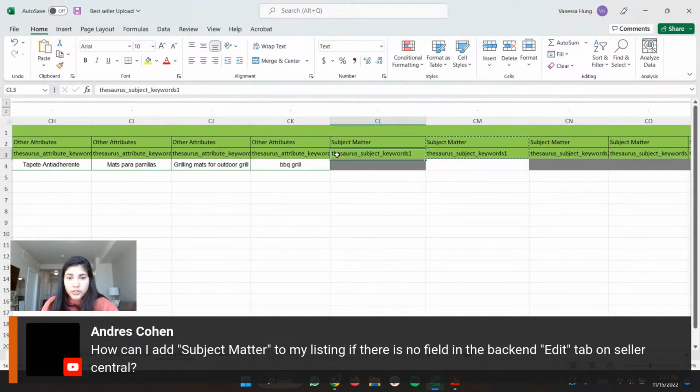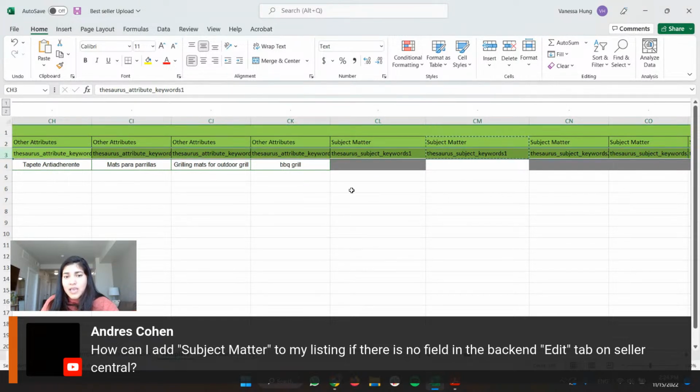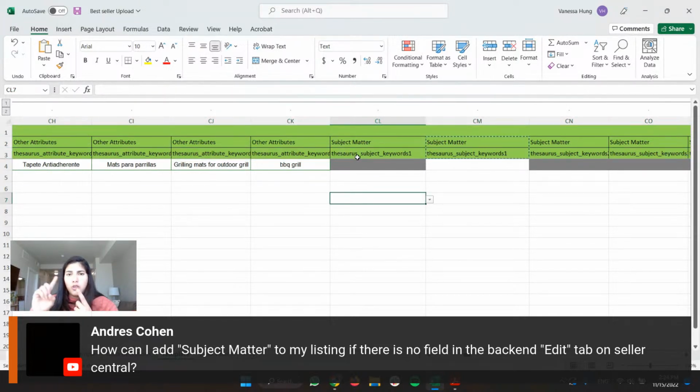And it is important that I emphasize the fact that it needs to be exactly, because the third row, if it is not with the lower and uppercase and with the underscore and the separation exactly the same, the system won't read it. Like it won't allow it, so you will get an error. The second row is not as relevant, but the third one needs to be exactly the same.